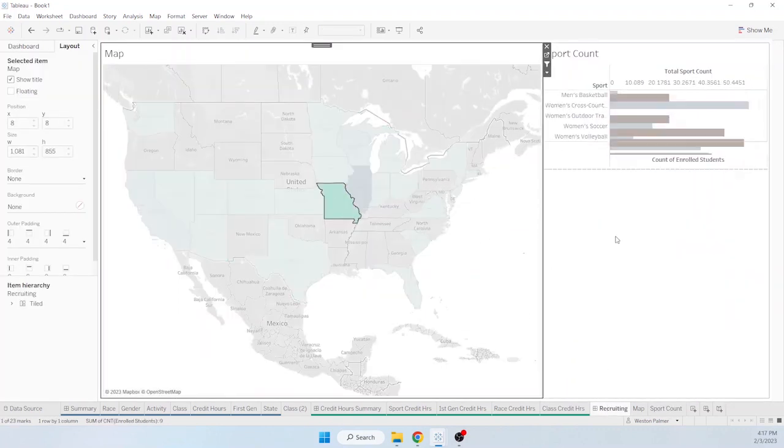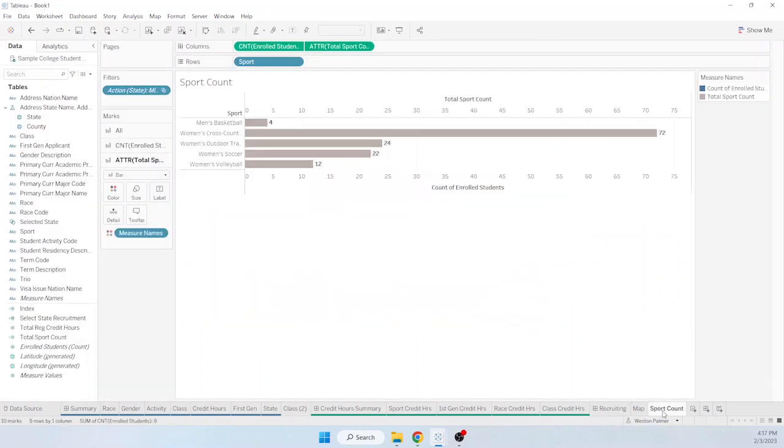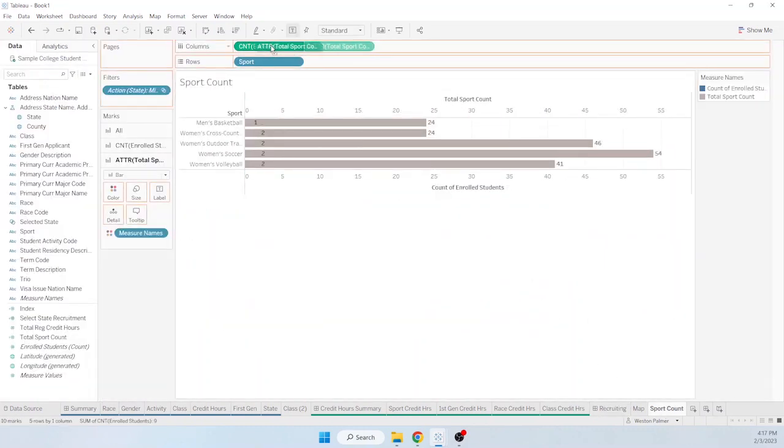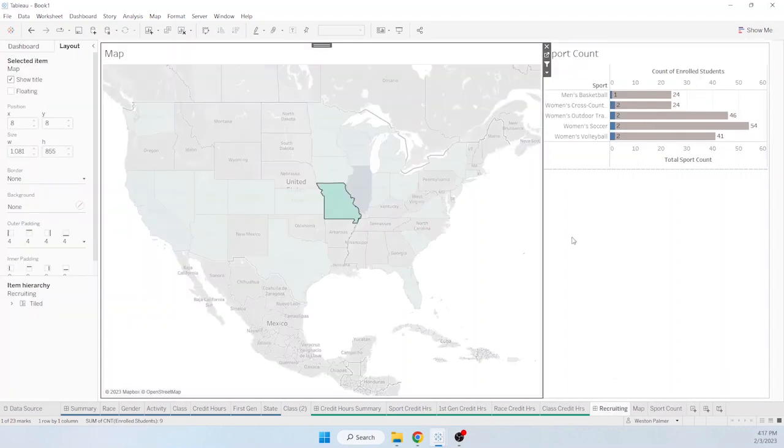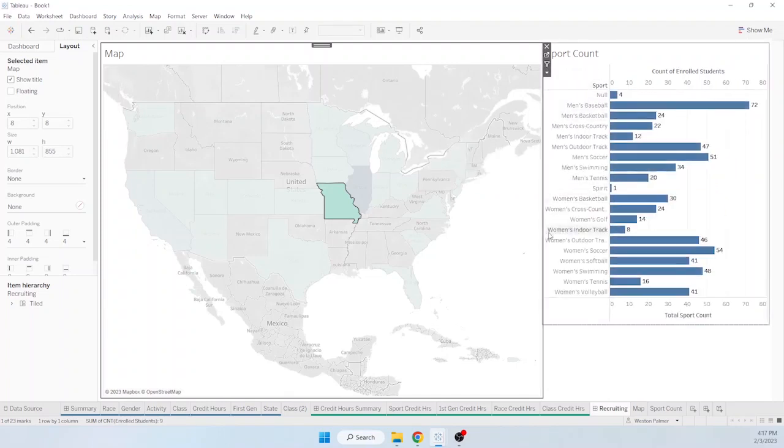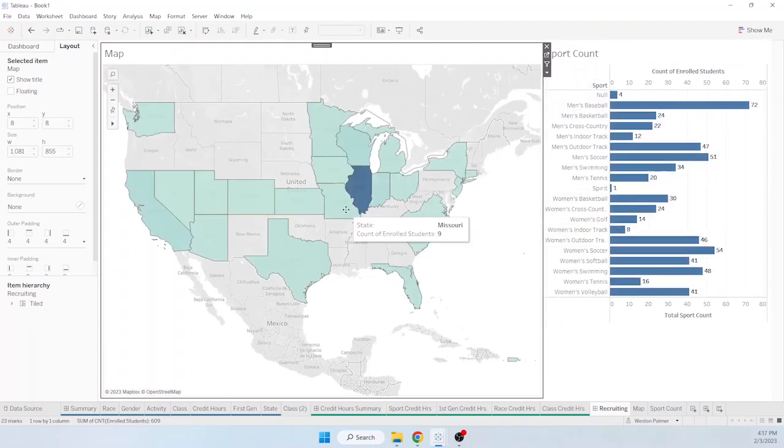So if I'm clicking, it's still hiding. So let's move this back over to here. That's giving me what I want. It's filtering the whole table, and so I don't want that. So I'm going to click that off, and that should give me,